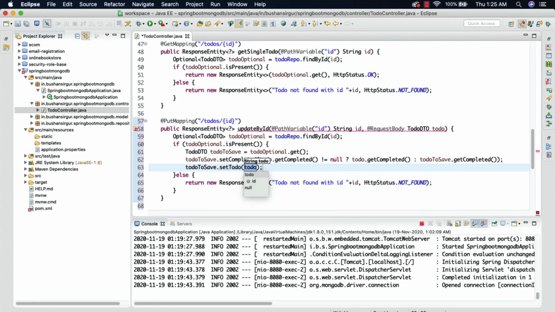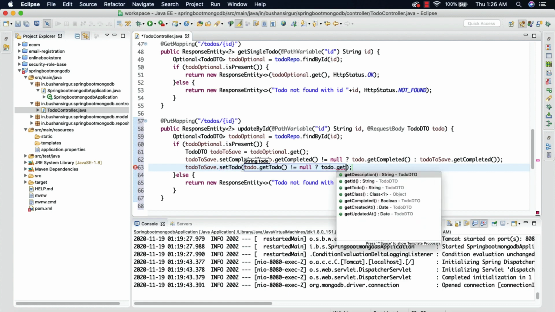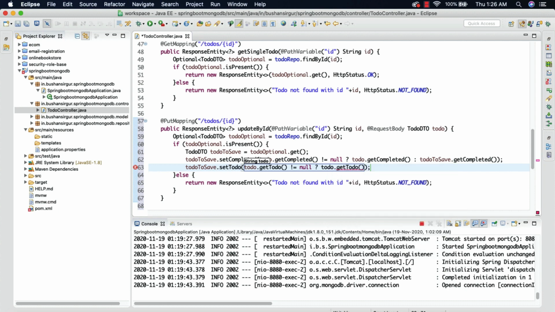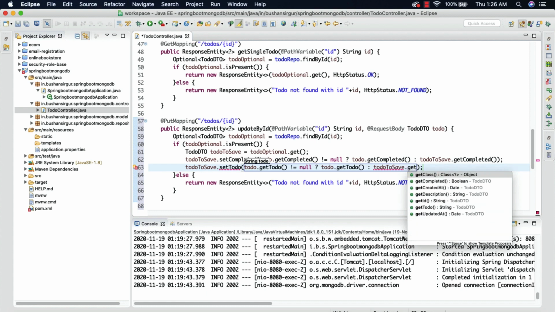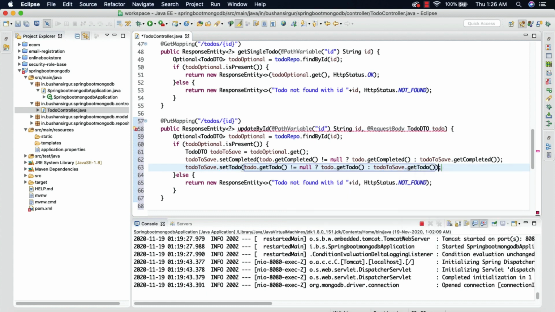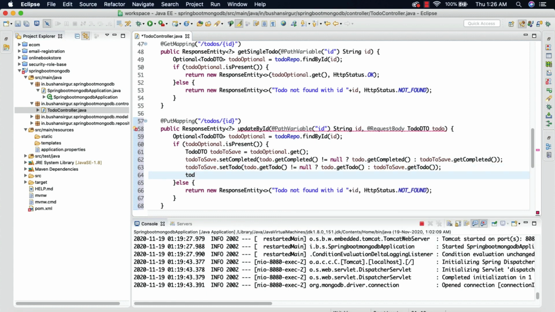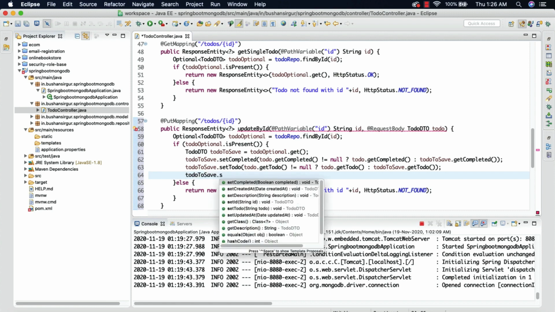Set todo, and first we are going to get the todo.getTodo is not equal to null. Then we are going to get the todo.getTodo, otherwise we are going to get todoToSave.getTodo, and we're going to do the same thing for description as well.